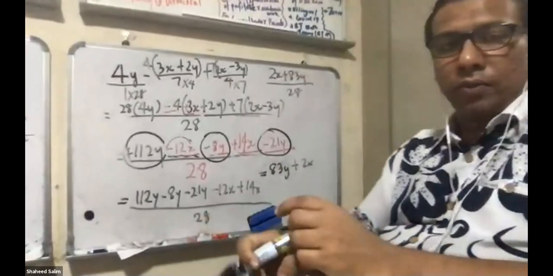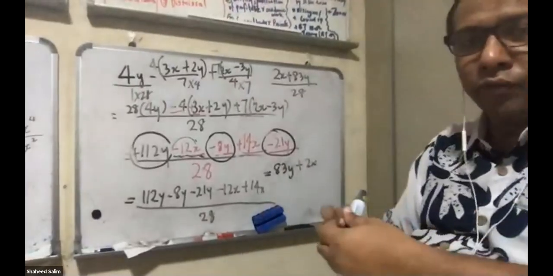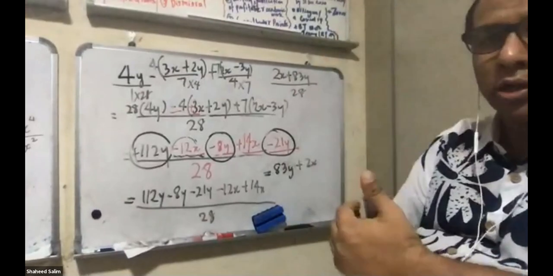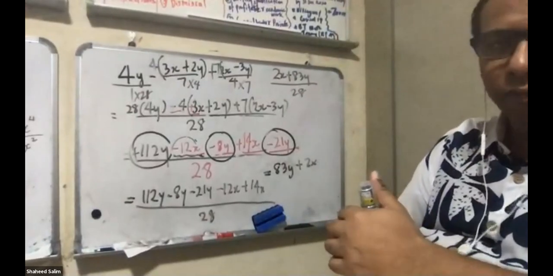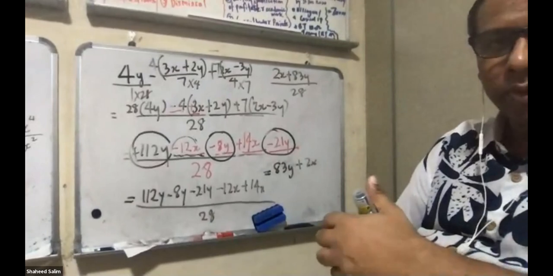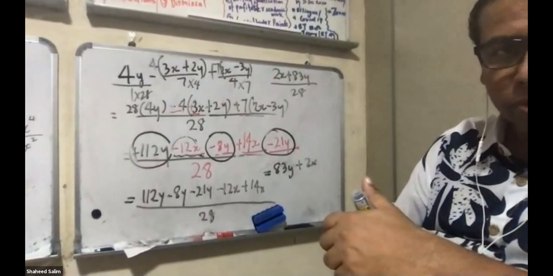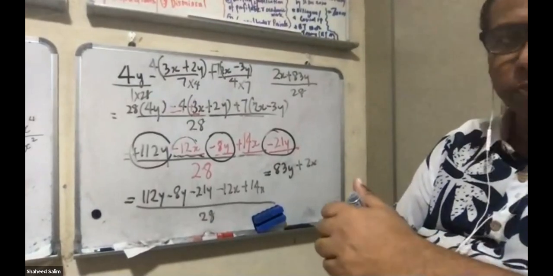Anyone got this correct? Who's confused? Raise your hand. Confused, you raise your hand, please. Please be honest. Okay, confused. Okay, good. Shafi, you are confused or clear? Confused. Okay, now,